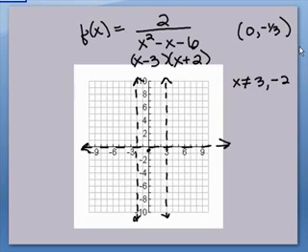I'm going to do another one. So let's do 1, which is a fairly simple one to do. So in the denominator, we're going to plug in a 1 for the x and see what the y value is. So 1 minus 1, those cancel, and then minus 6, so we get a negative 6. So we get 2 over negative 6, so it's a negative 1/3. So you can look to see what's going on, but more than likely, I guess I should have graphed this